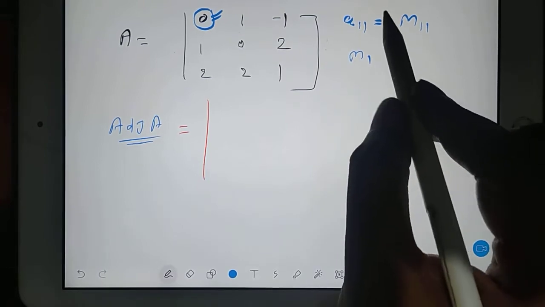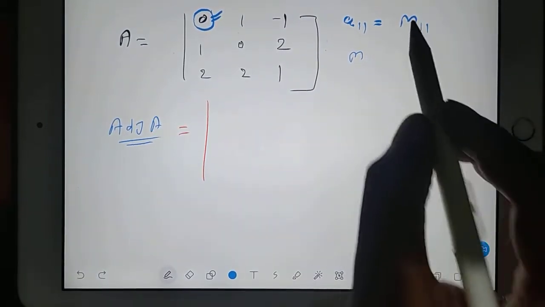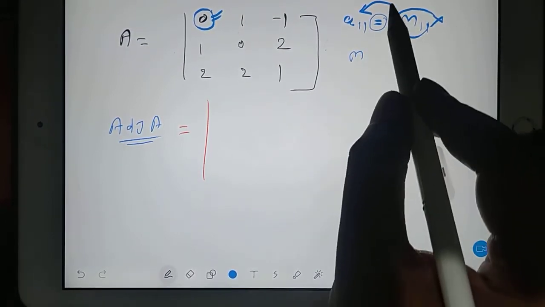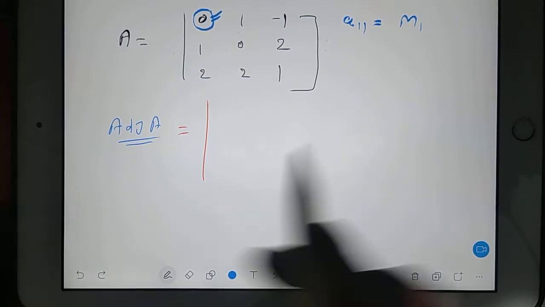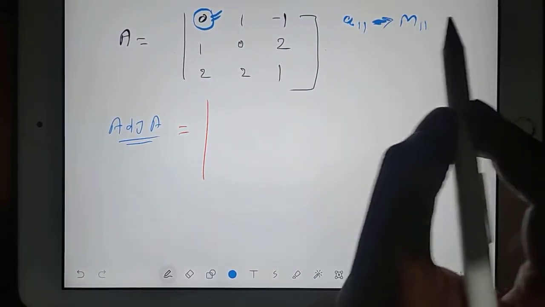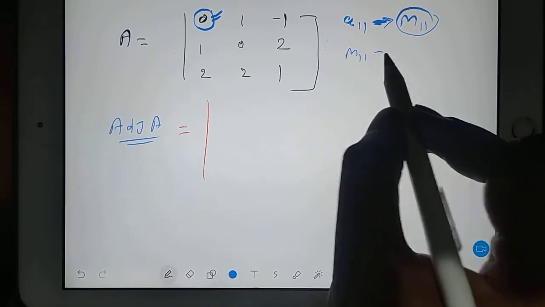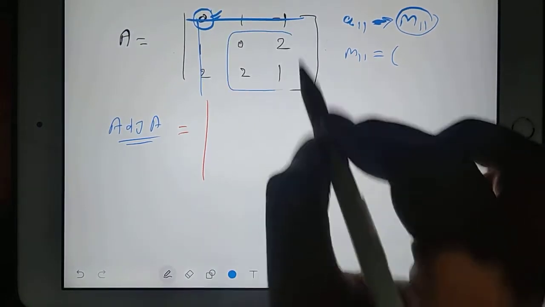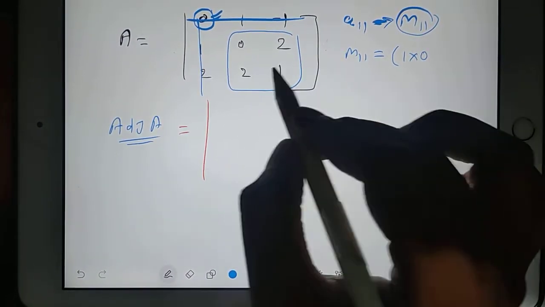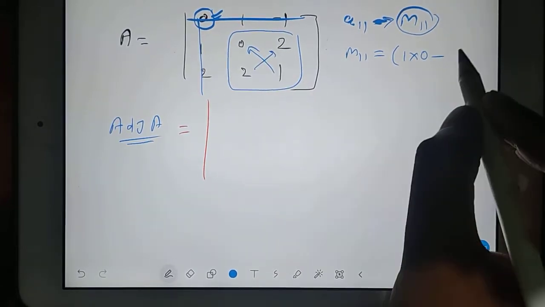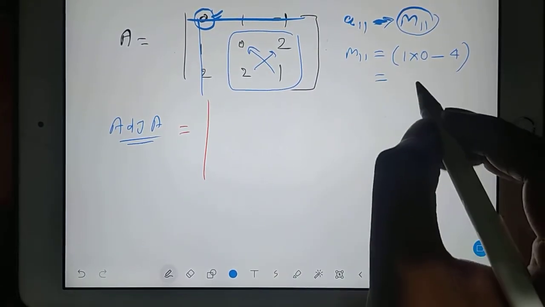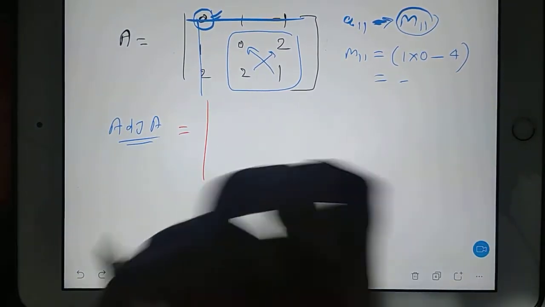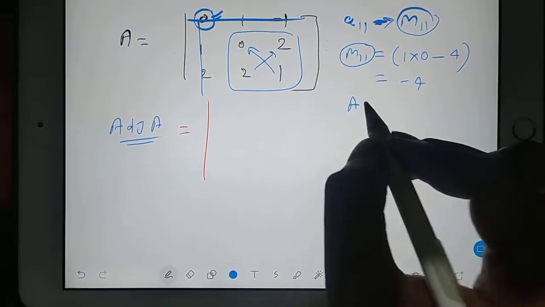See, actually I am using equal sign here, but it is not correct. I mean to say that this M11 is the minor for A11. Numerically they are not the same, of course, so don't use this minus sign. I hope you are getting. So for this A11 you have to find out M11. M11 is nothing but you leave this row and this column. So in bracket these 4 elements are remaining. So 1 into 0, then minus 2 into 2, 4. So your M11 is coming how much? It is coming as minus 3. Sorry, minus 4. Now you got M11.